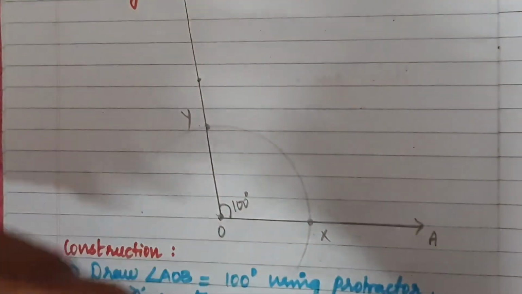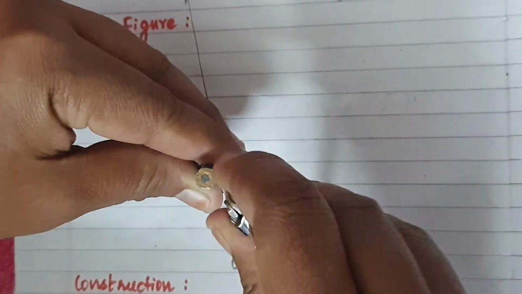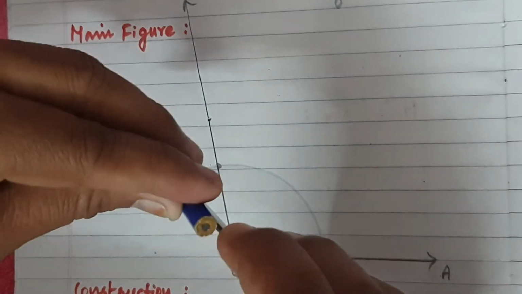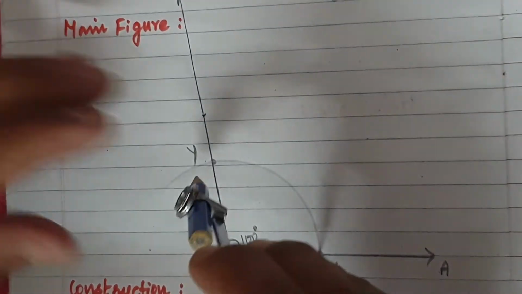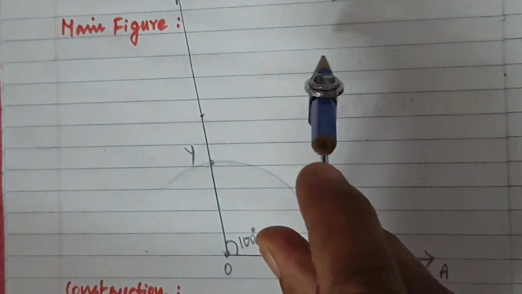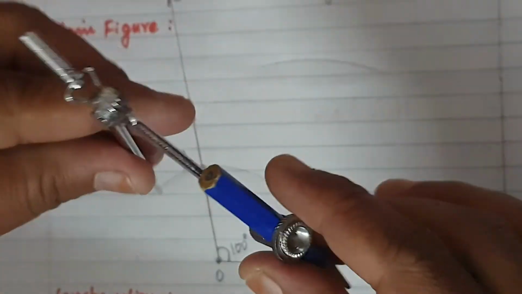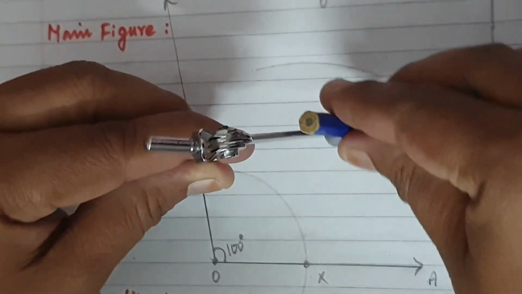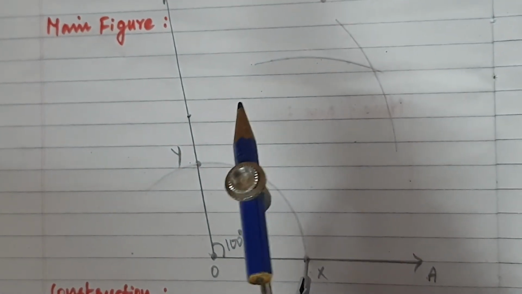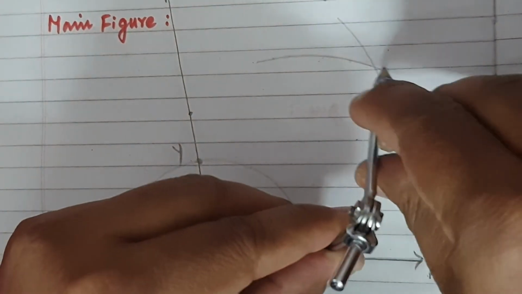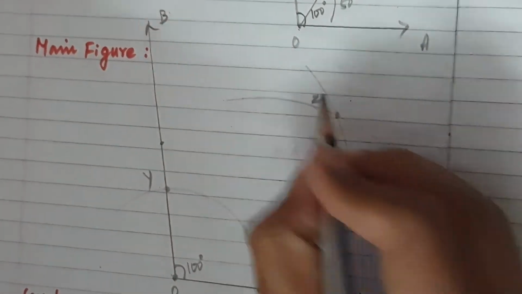Now you take X, Y, a little more than that, or otherwise you take only XY. It's up to you. If you take only XY, the arc will be nearer. If you take a little more, it will be up. That's all. So with X as center, one arc. After taking, don't change. When you draw with X, you should not change. So it is not cutting, so I'm just expanding this side. Now this point is Z.